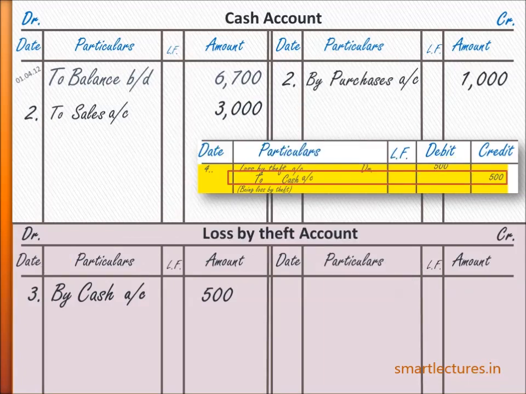Now, to cash account rupees 500. Come to the cash account. To cash account rupees 500 means credit cash account. It means write down rupees 500 on the credit side of the cash account. So